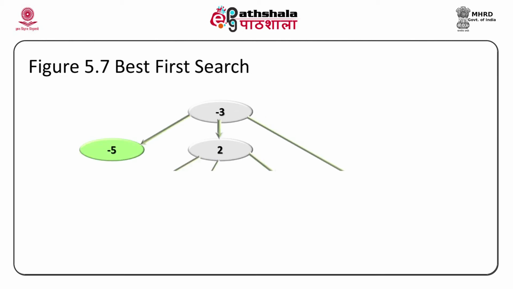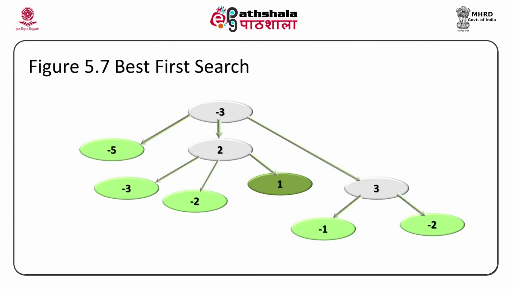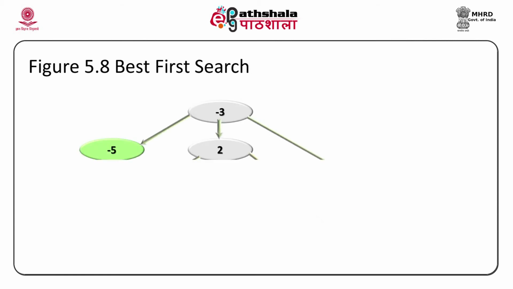But here in this case 2 is the best node, so we will explore 2. So, 2 is explored, we get -3, -2 and 1. So, we will explore 1. This is again different from hill climbing, because if this were hill climbing, 1 cannot be explored, it has lesser value than 2. But we are doing it. So, we are picking it up, taking that as correct and going forward.